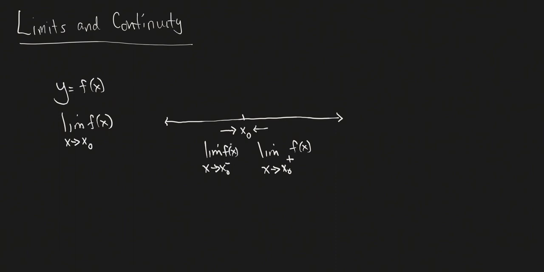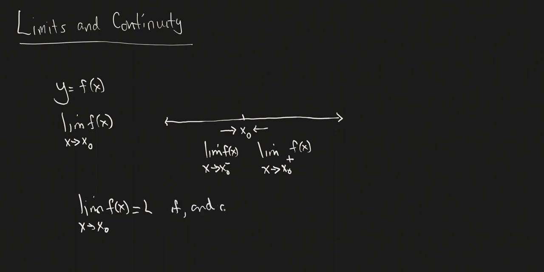And then we say, if these two one-sided limits are the same, then that is defined as the two-sided limit as x approaches x0. So basically, this is just a quick restatement of that theorem from previous work: this limit is equal to L